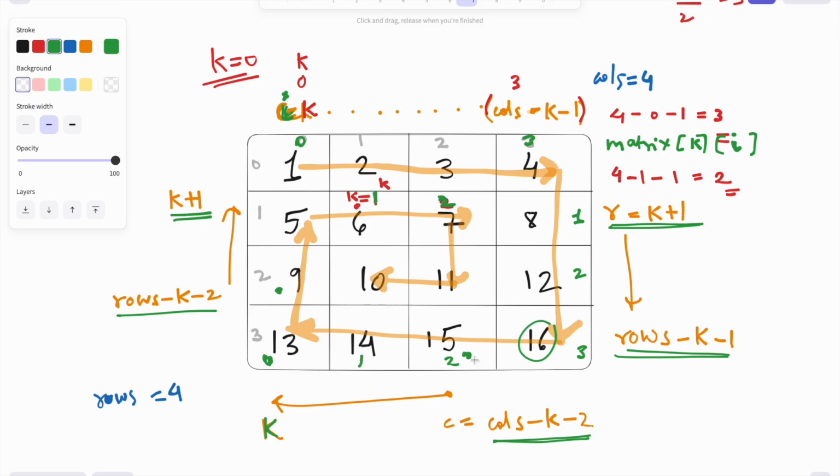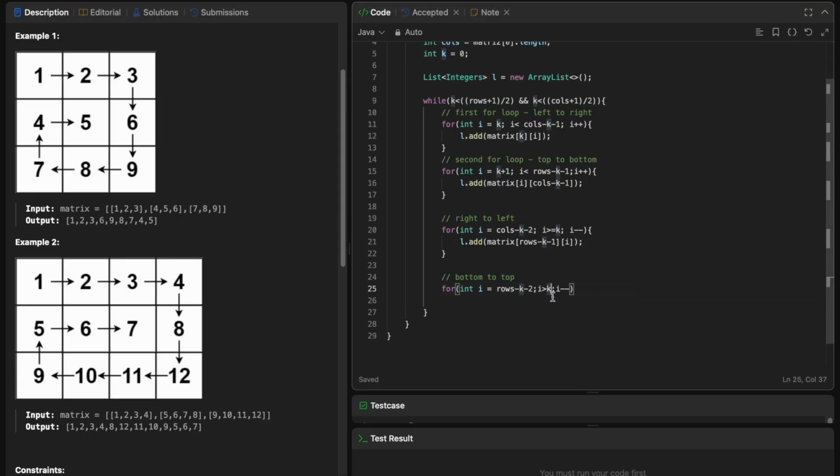So here we're going from this one to the leftmost value, and here we're not going to the topmost value because that's already occupied or already taken care of. So we just want to go to the second last one. That's why this. I hope it makes sense. That was poorly explained, I mean. Okay.